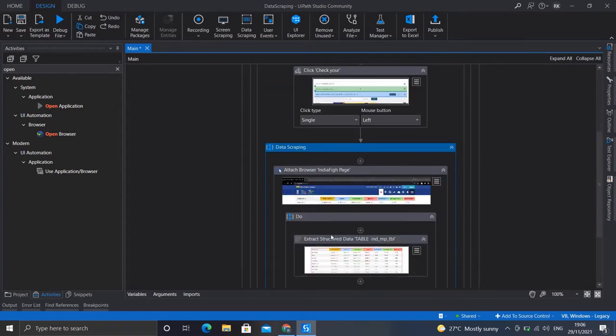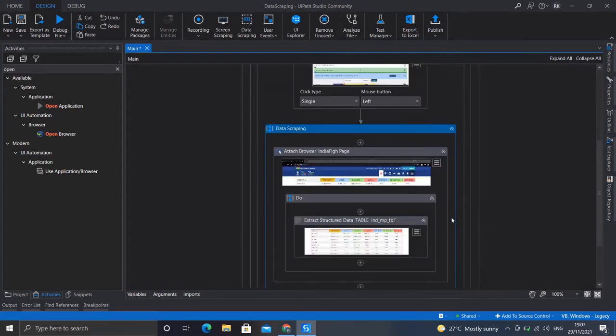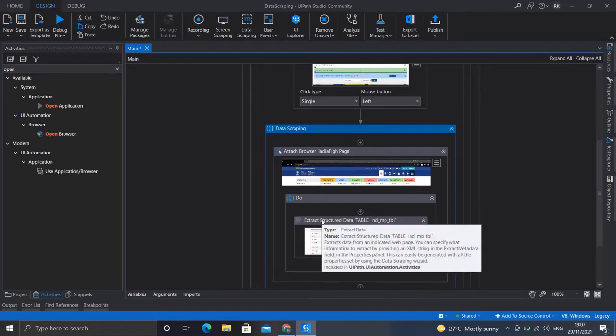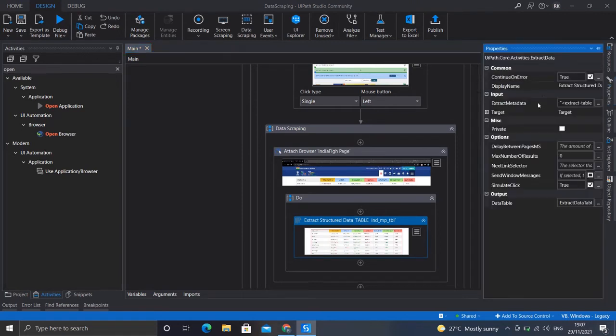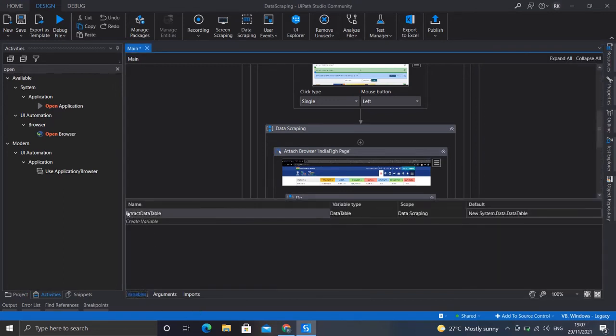The data has been extracted, and let's see where it has been stored. If I click on this extract structured data activity and click on properties, I can see it is stored in a variable, extract data table. I can see it from here also. The extract data table is a type of data table.